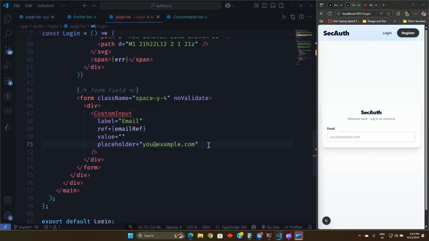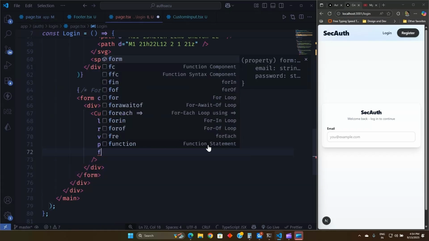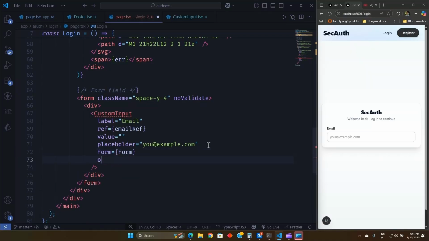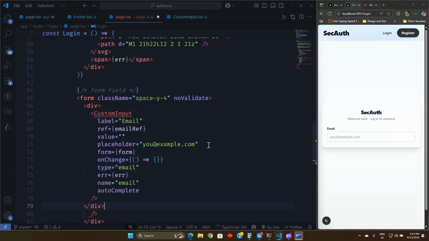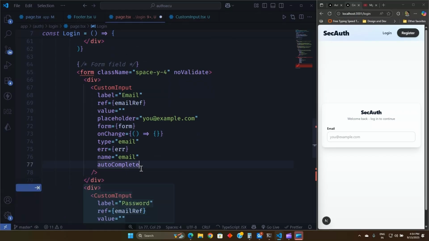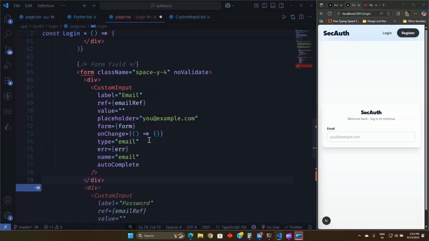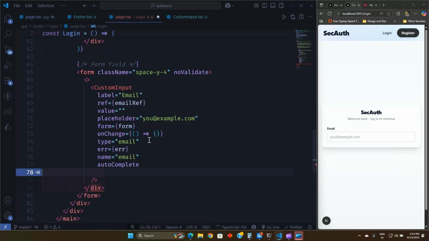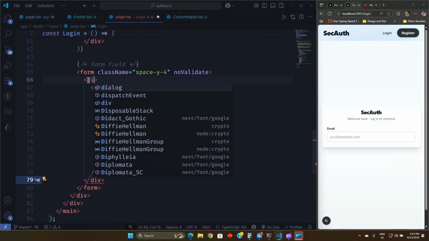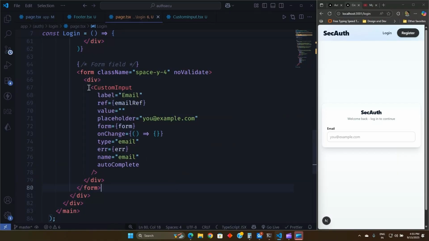So now here, we also need to pass the form. So value is form, and also onChange, which by now is doing nothing. And type is email, name is email, and autocomplete is true. And simply save it here. So error name and autocomplete. Okay, we are getting an error, so let me add a div here. Okay, so now it is done, all the errors are fixed, and now you can see this is our input